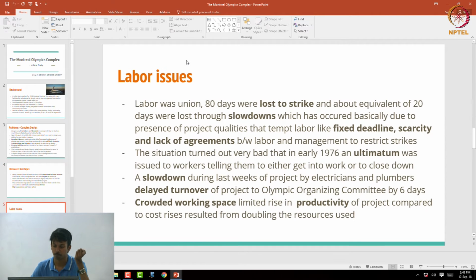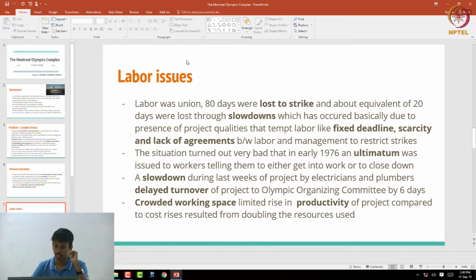And coming to labor issues, nearly 80 days were lost to strikes because the labor went on strike, because the project has features like a fixed deadline and scarcity of resources. So labor took it as an advantage and went on strikes, in which nearly 80 days were lost. And there was even a situation nearly 2 months before the start of the Olympics, there was a slowdown of work by electricians and plumbers,